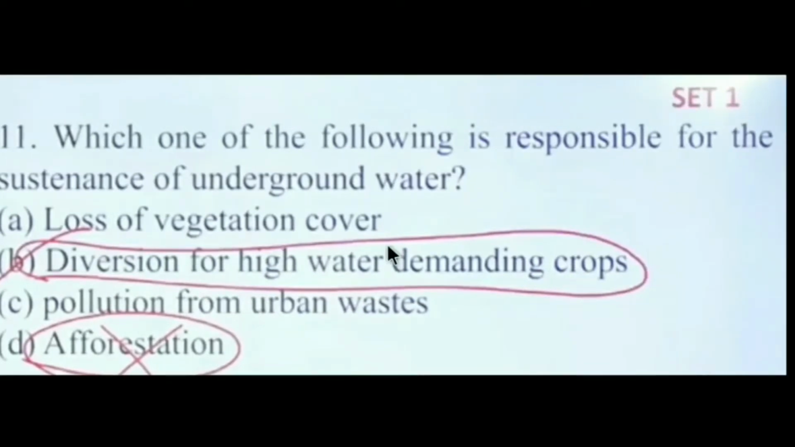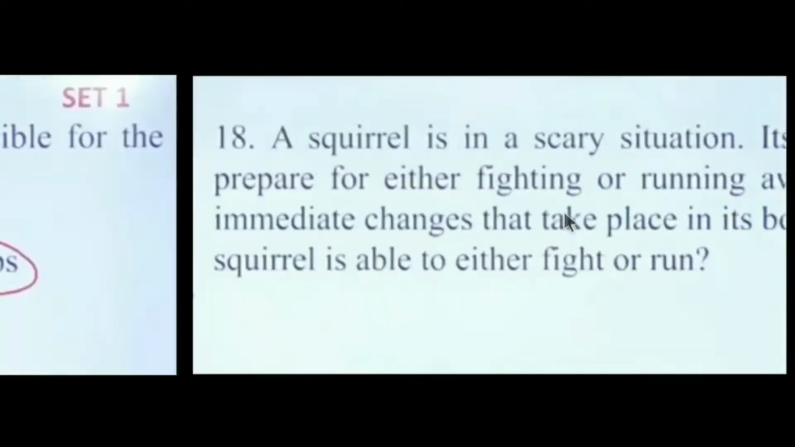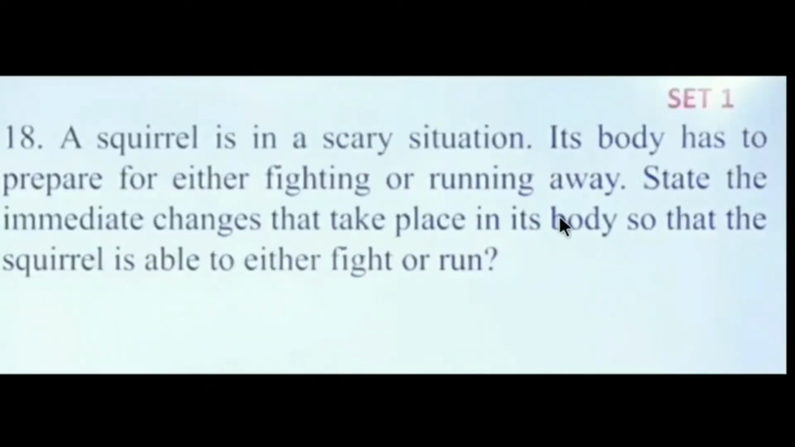अभी दूसरा है, which one of the following is responsible for the sustenance of underground water? So the answer is diversion of our high water demanding crops. जो भी आप पौधा उगाते हो उसमें ज़्यादा पानी देना के लिए रिस्पॉन्सिबल होता है अंडरग्राउंड वाटर में, डिवर्जन फॉर हाई वाटर डिमांडिंग क्रॉप्स।